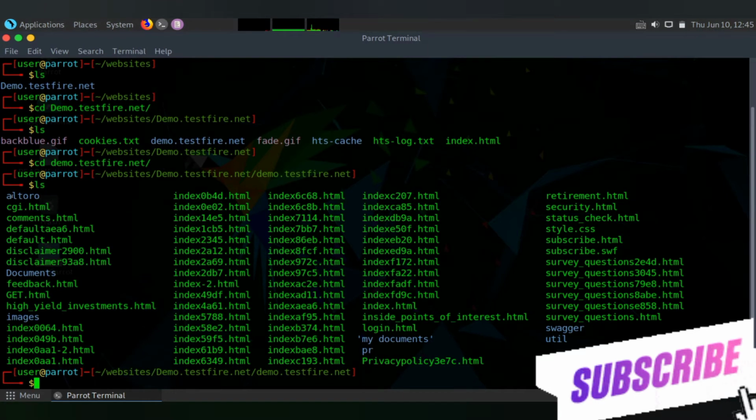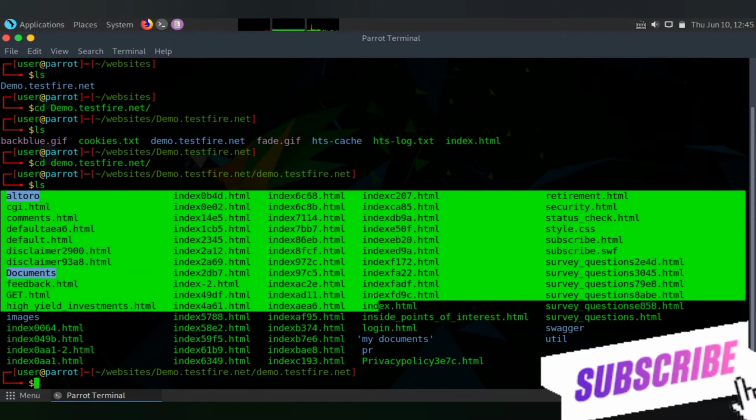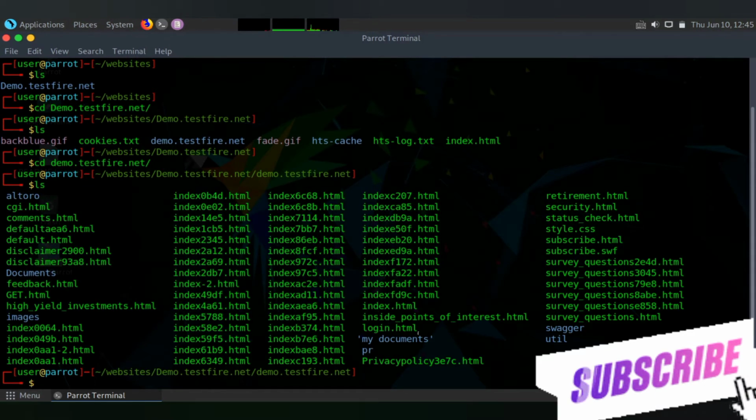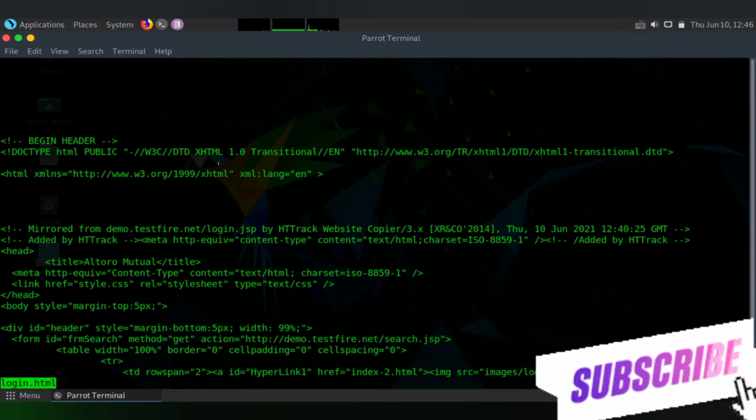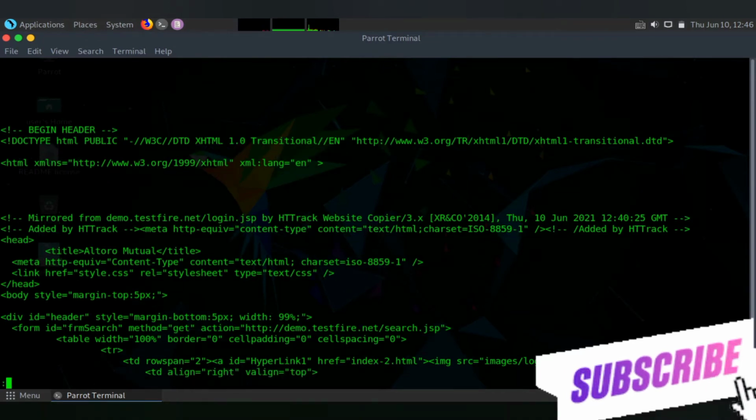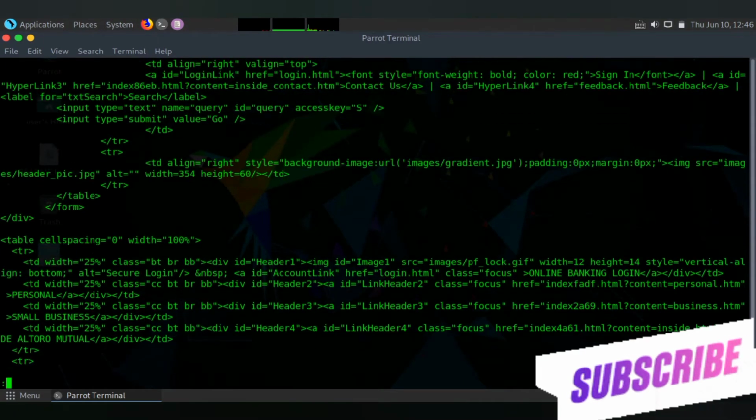Yeah guys, so also, what you can do is you can simply pass the credentials for this web application, and you can capture the post-login pages as well using this tool. If I show you any one of the pages, let me show you login.html. You can see here, if I scroll down, the whole page got cloned here.